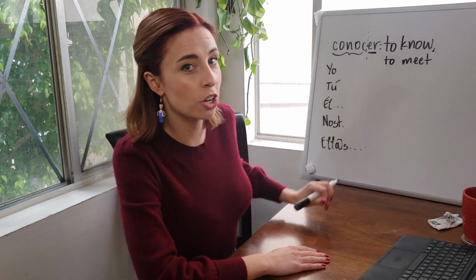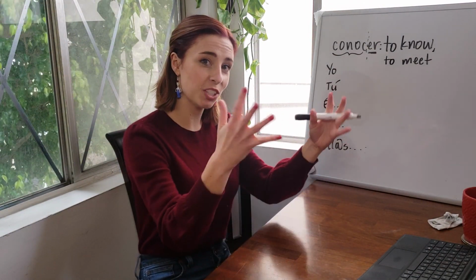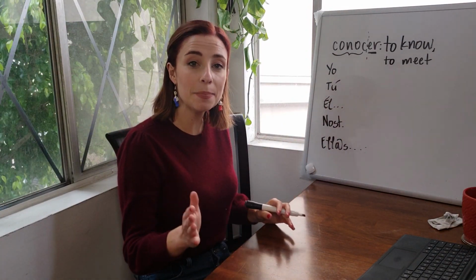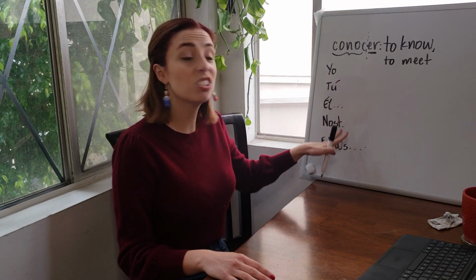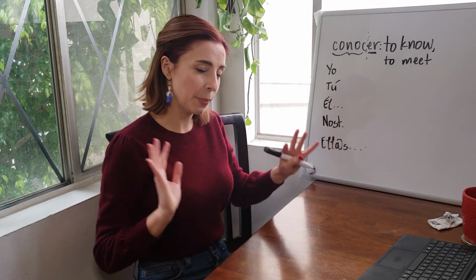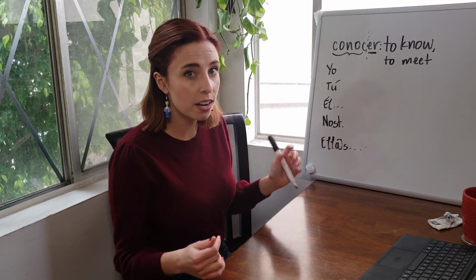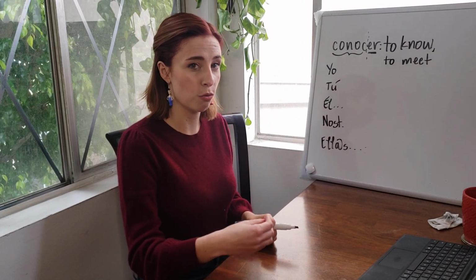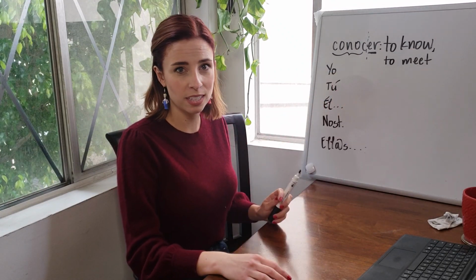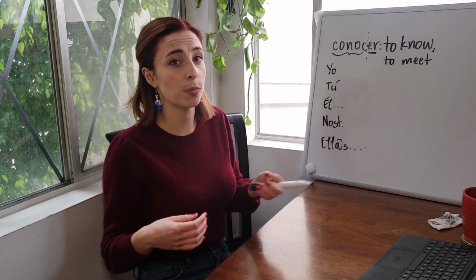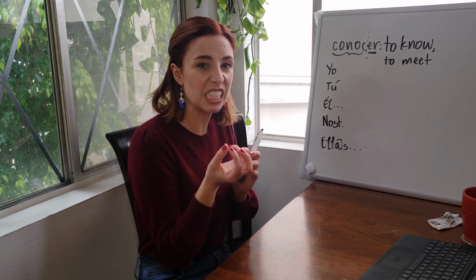And let's learn our conjugations. Just like saber, so this is something that the two have in common. This is a semi-regular verb, meaning most of it's going to follow a pattern we expect, but something is going to throw us off. And in this case, just like in saber, this has an irregular yo form. So it's not going to be conoco, and that's because conoco doesn't sound like this verb conocer. So Spanish inserts a letter to try to preserve that sound.